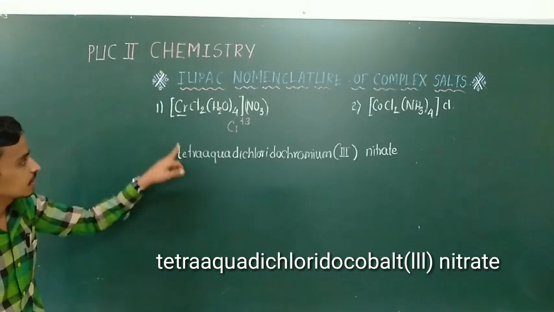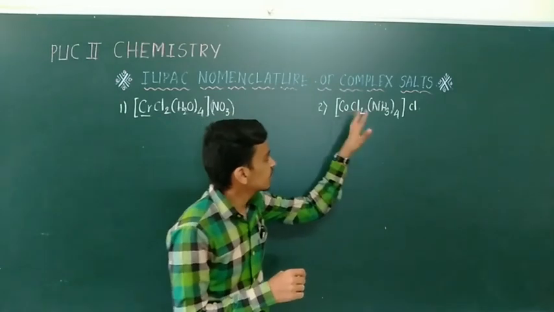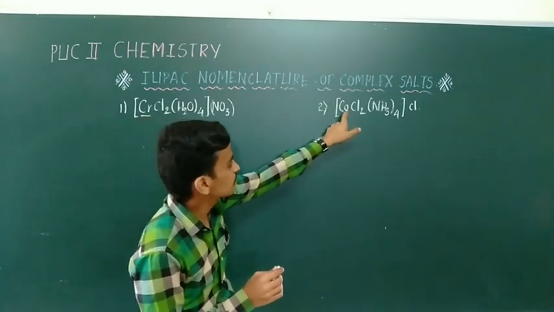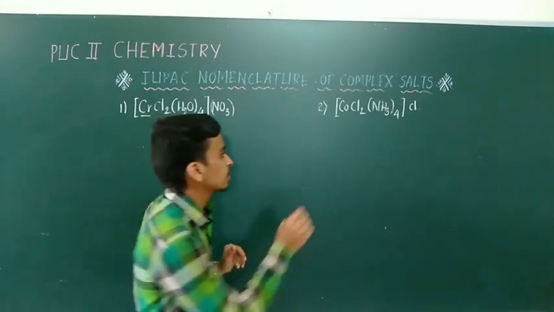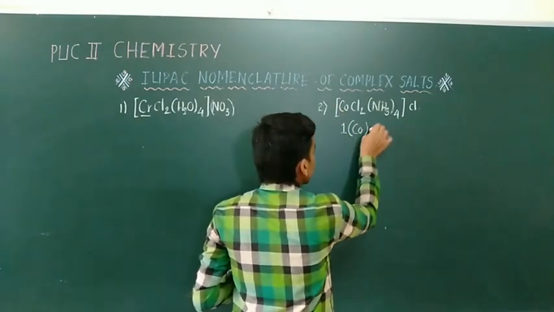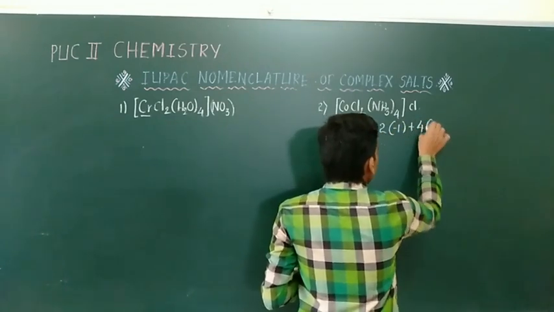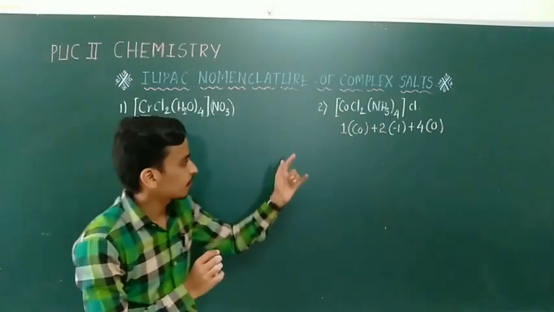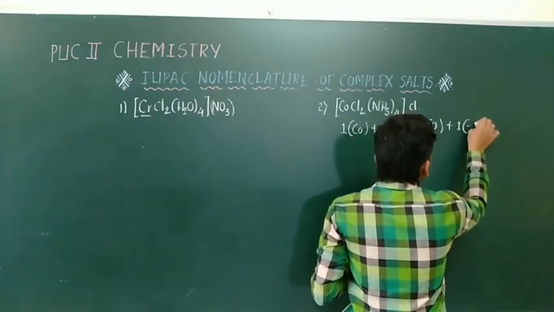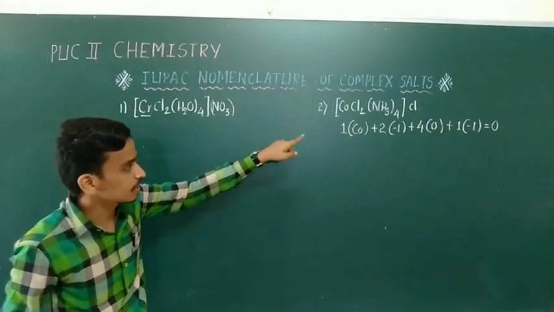Okay, it is regarding the CrCl2(H2O)4 complex. Then solving the first complex, the next complex is also of the same method. Here also to calculate, we have to identify the charge present on this cobalt. How is it possible? Just write down one cobalt, therefore 1 into Co plus 2 into -1 and plus 4 into NH3. Ammonia is a neutral ligand, therefore its charge is represented as 0. Plus how many chlorine? 1, and inside the bracket -1. Overall equation equated to 0. Then we can solve this equation to get the cobalt charge.